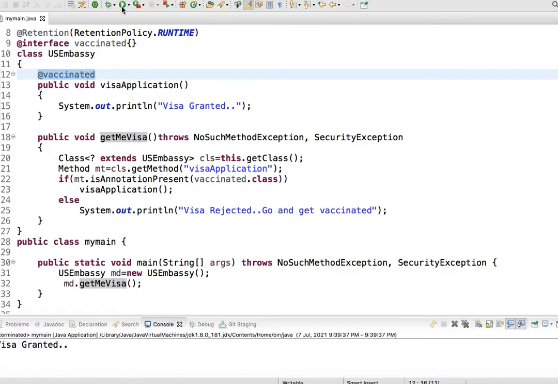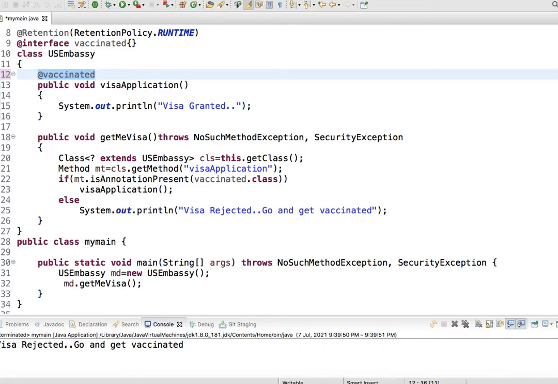You can see here visa granted is the output I am getting. If I remove this part, saved it, and rerun it, then you can see it says visa rejected, go and get vaccinated. That is the utility of any marker annotation. I hope you have a clear idea about this marker interface or marker annotation.